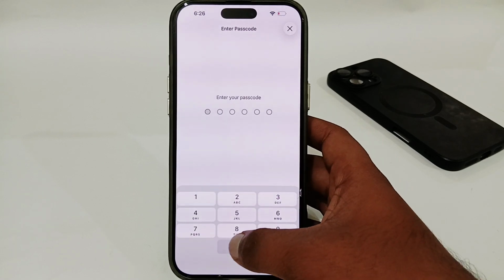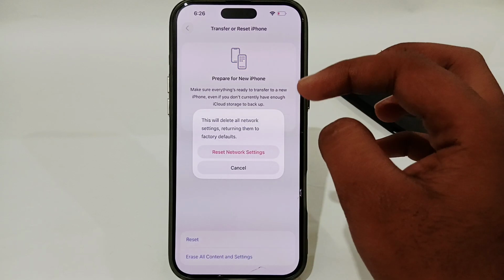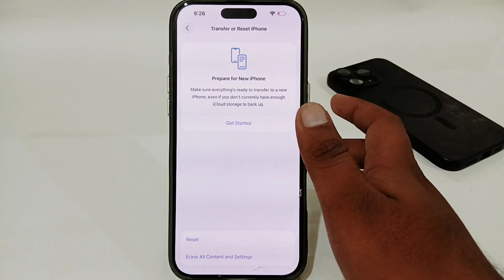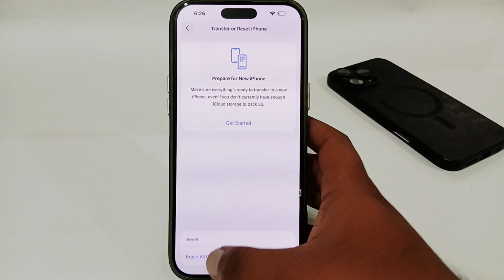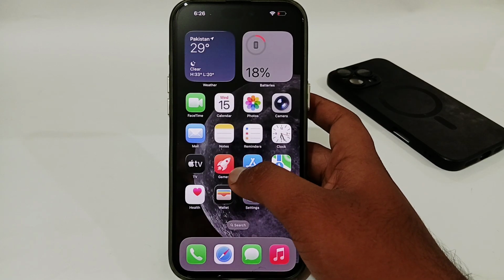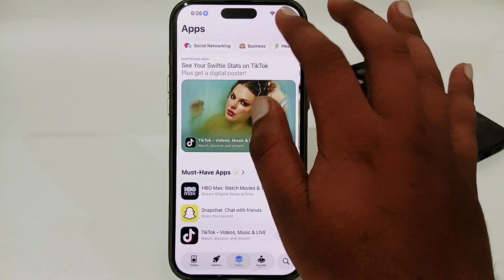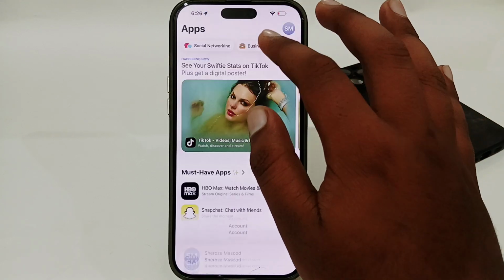enter your passcode here, and then select Reset Network Settings from the confirmation pop-up, and all of your network settings will be reset. It will not delete your data, so you can easily try this. And then you have to open your App Store app again, and tap on your profile in the top right corner, tap on your account,